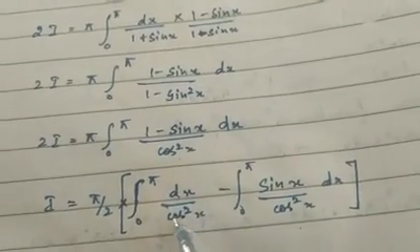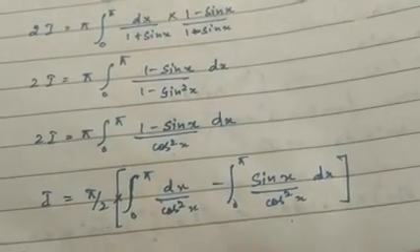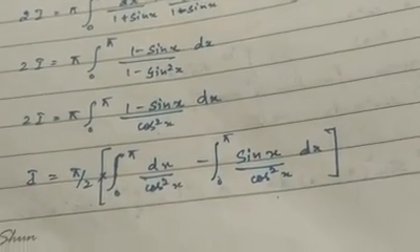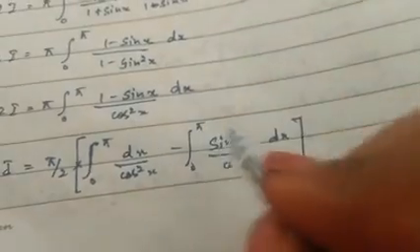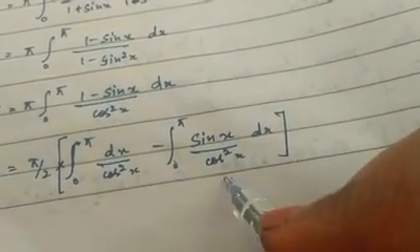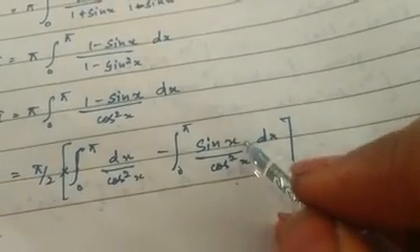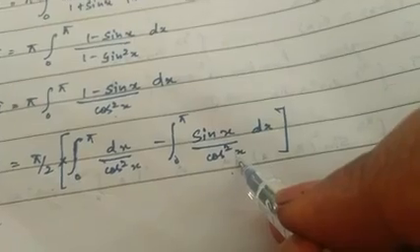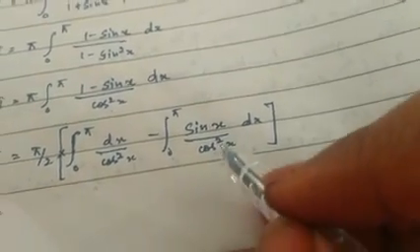So here this can be written as secant squared. Therefore integral of secant squared x dx is nothing but tan x. Now here sin x divided by cos squared x can be written as sin x by cos x, which is tan x, then 1 by cos x is secant x. Therefore integral of secant x tan x dx is nothing but secant x. So you should learn the formula before doing it.